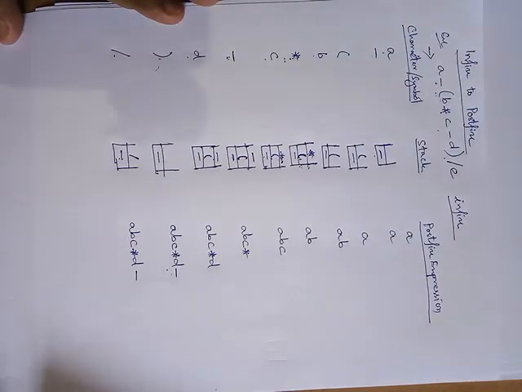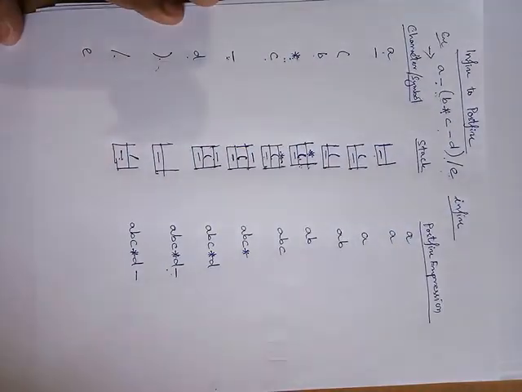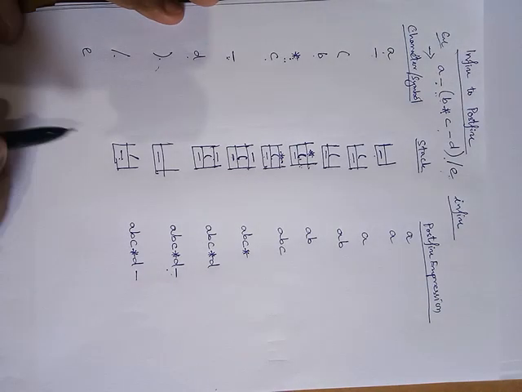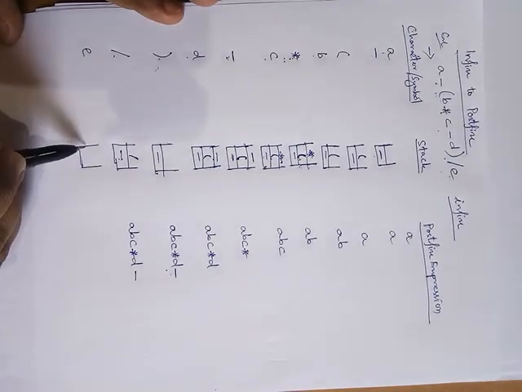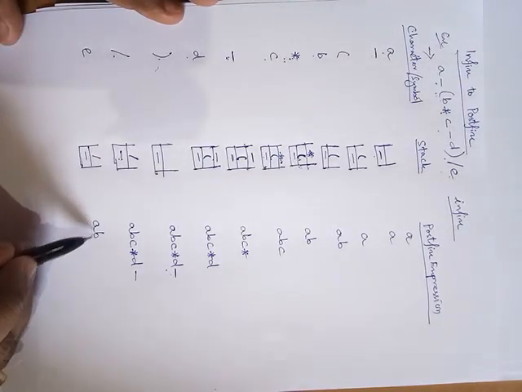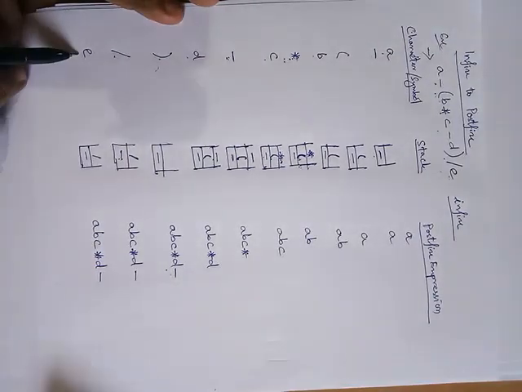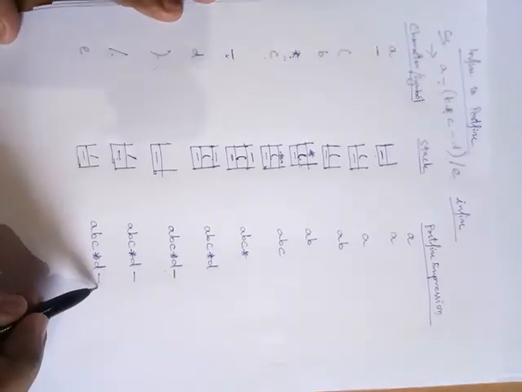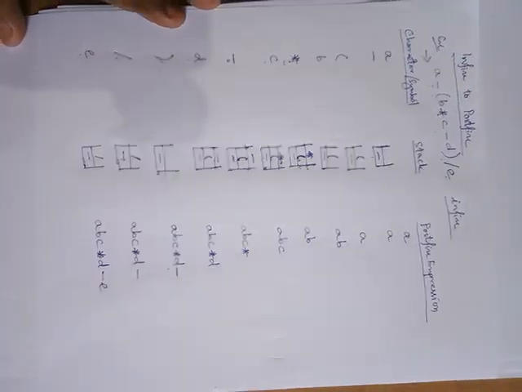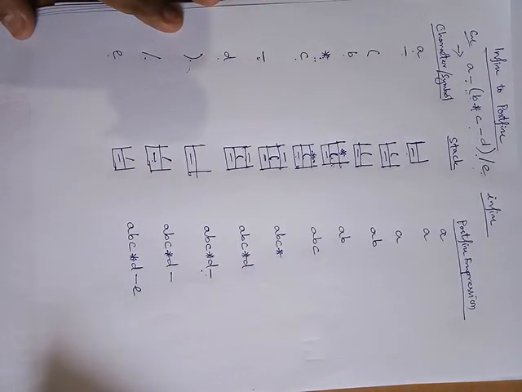The next one is the last character, that is E. If the character is an operand, then add it to the postfix expression. Now our stack representation will be minus and division, and the postfix expression will be A, B, C star, D minus, and this operand will be added to the postfix expression. Now we have already completed scanning all the characters.